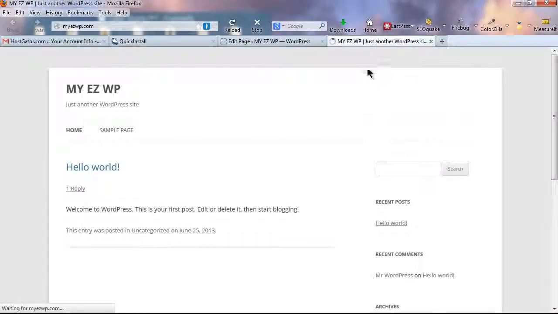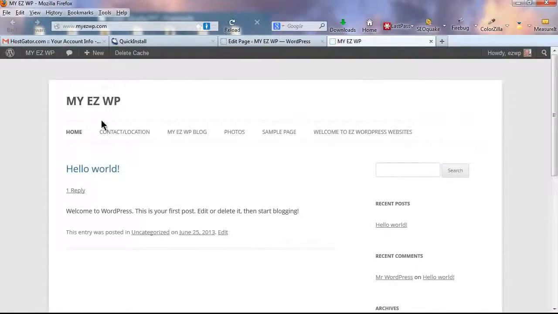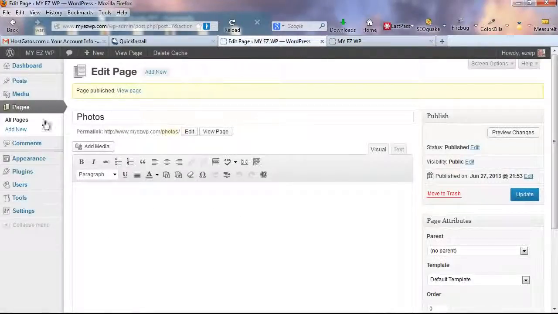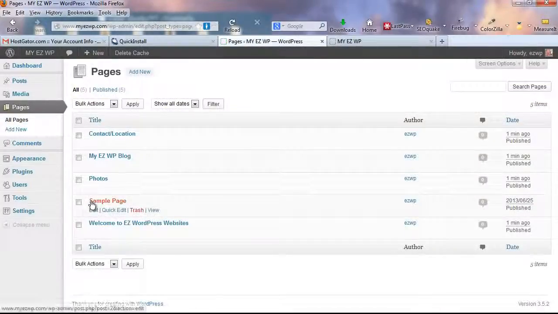Okay, here's our site. I'm going to reload and see what happens. Okay, we got rid of our tagline. We've got these pages that we put in here, but there's a few things that we need to do right away. First, let's get rid of this sample page right here. So let's go back over to Pages and click All Pages. Now you can delete